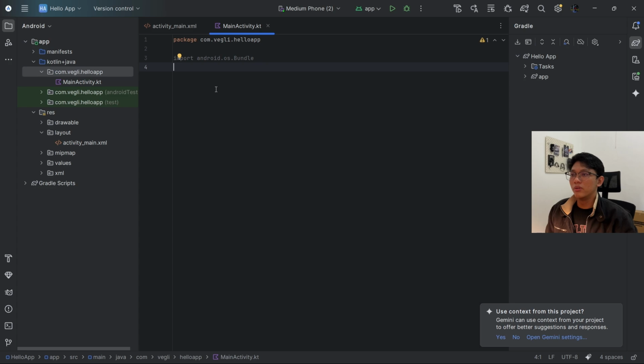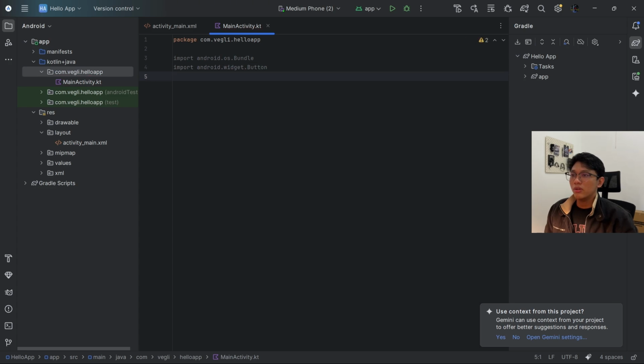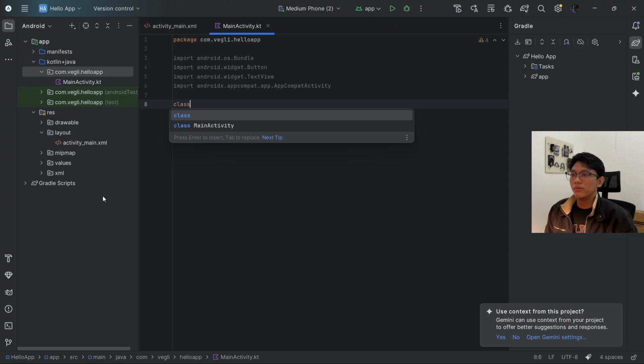Just follow my code. Here there is an error because of a missing X. Okay, we continue creating the main activity.